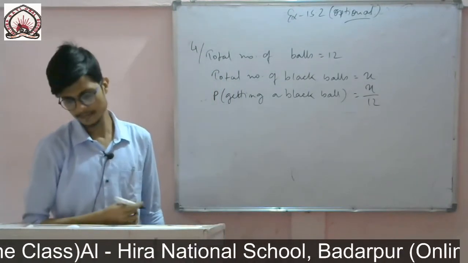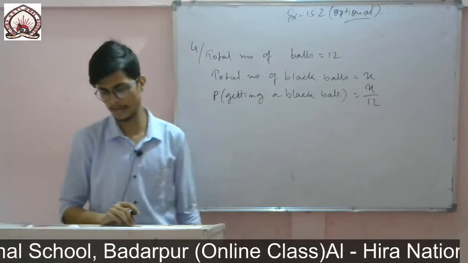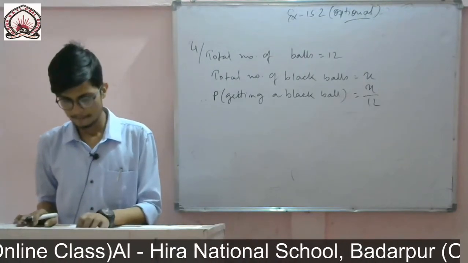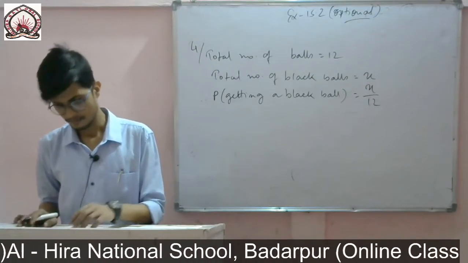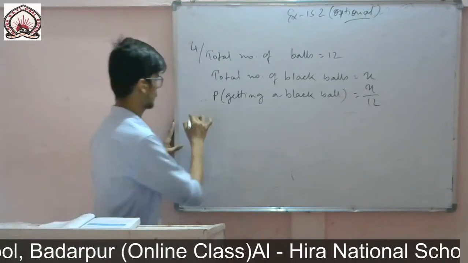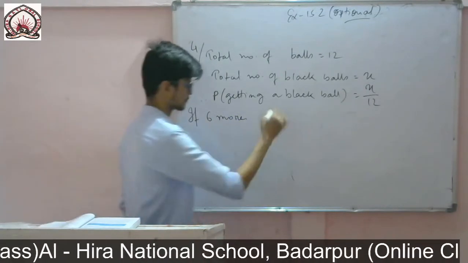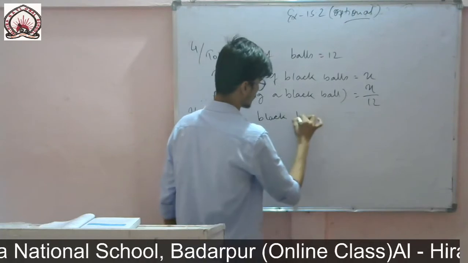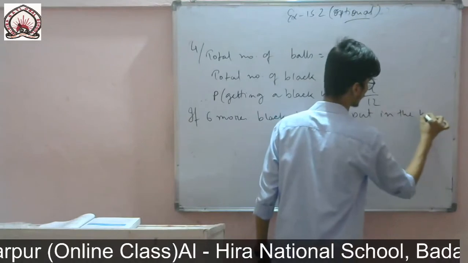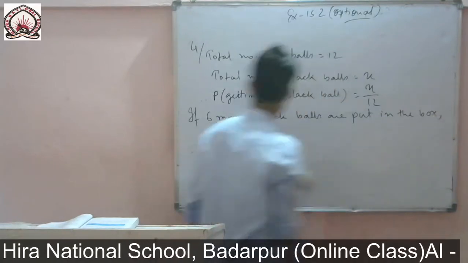Now another condition is given: if 6 more black balls are put in the box, the probability of drawing a black ball is now double. So find what x was before. The question is to find the value of x. So you write, if 6 more black balls are put in the box, then the total number of